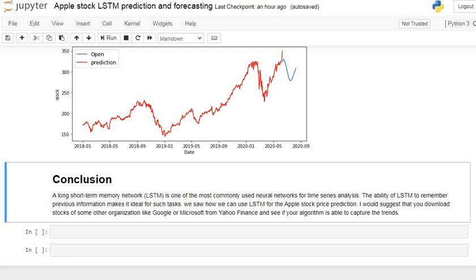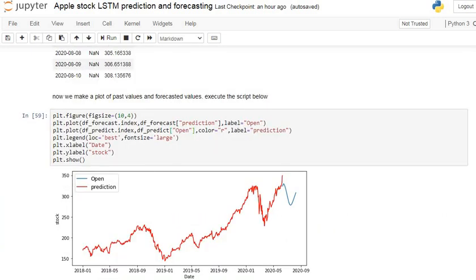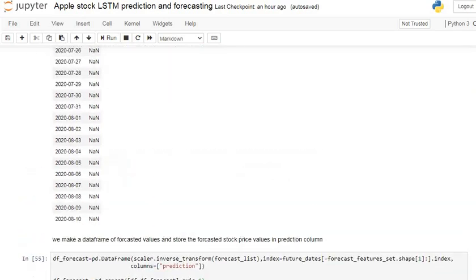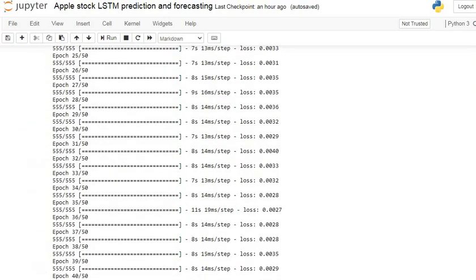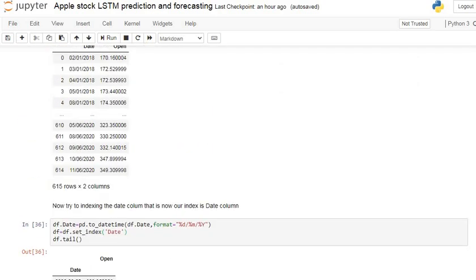So we saw how we can use LSTM for Apple stock price prediction. I would suggest that you download stocks of some other organization like Google and Microsoft. I already said about that. So this is the required code for obtaining the forecasted values using an LSTM neural network for stock prices.